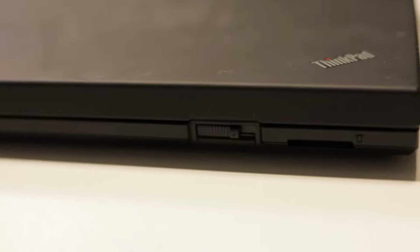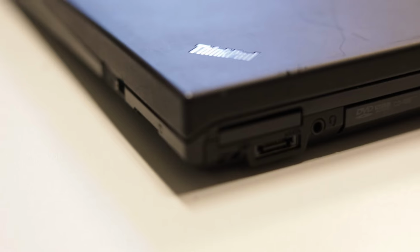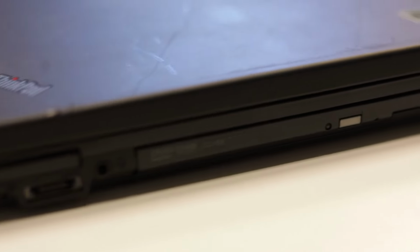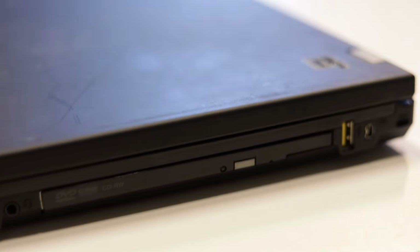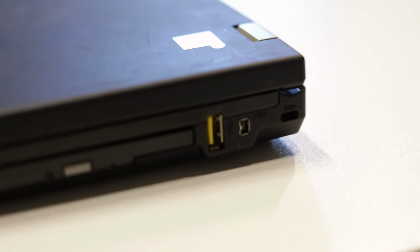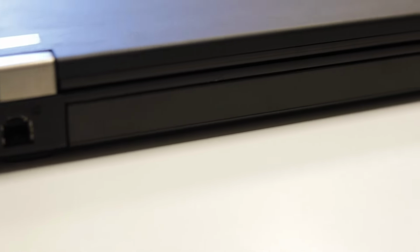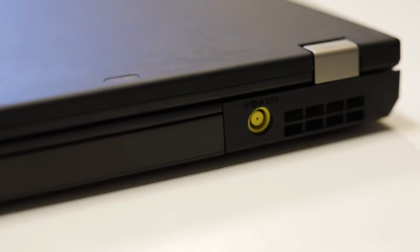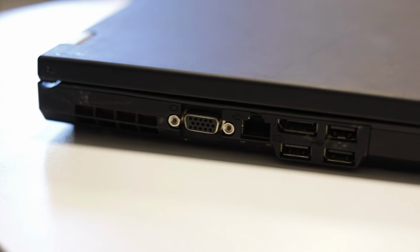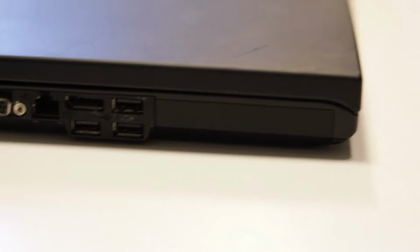Starting on the front of the device, we have a lid release, an SD card slot, a networking card slot, an eSATA port, headphone jack, DVD and CD, USB, and I believe that's FireWire, and then a Kensington lock. Along the back, we have an RJ11 port, our removable battery, power connector, an exhaust vent, another exhaust vent, a VGA port, standard Ethernet, DisplayPort, 3 more USBs,